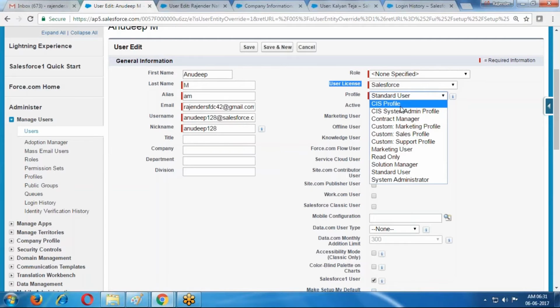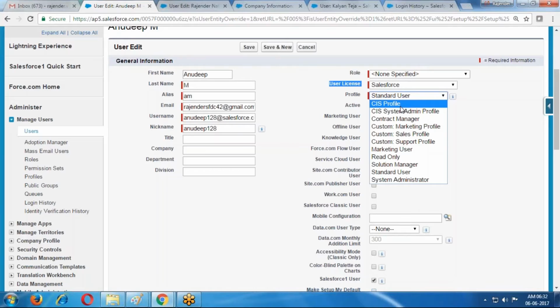Whenever we create a profile, it is created through one of these standard profiles, and only those profiles are available. That means we create a profile by using one of the 6 standard profiles, and only those are available. If you use some other profile, it is not available in this license.